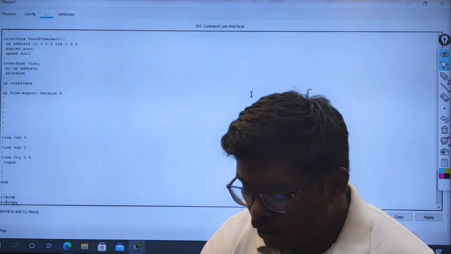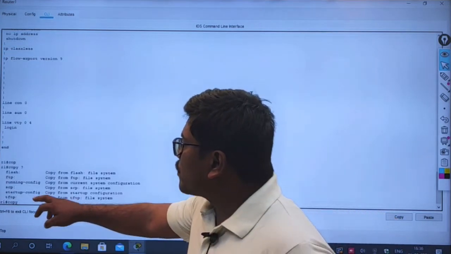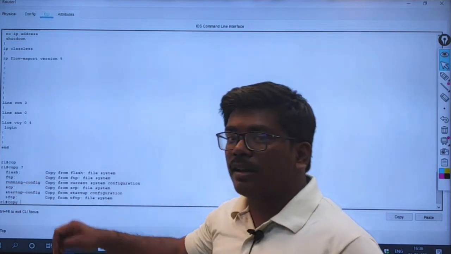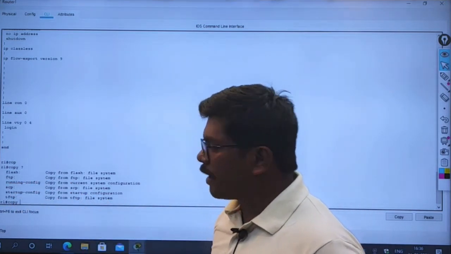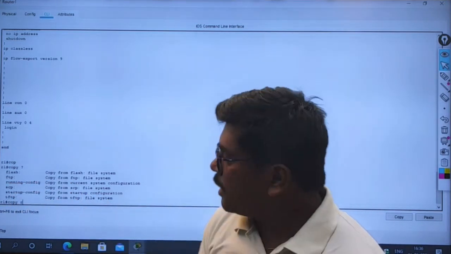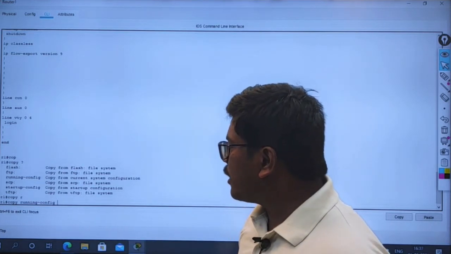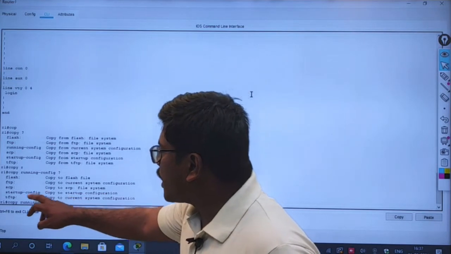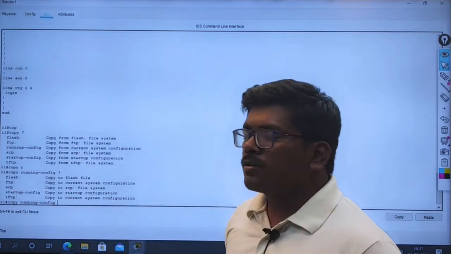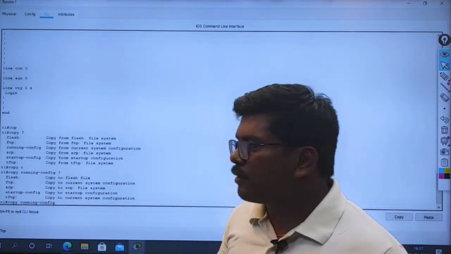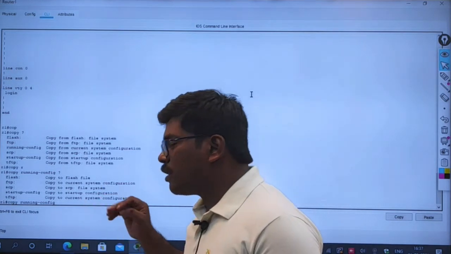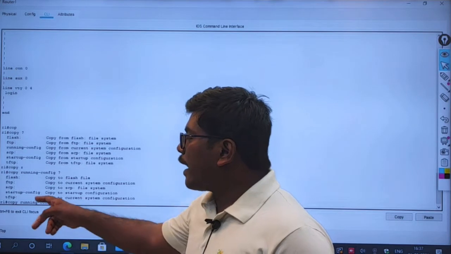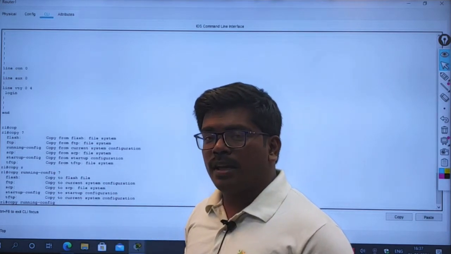And now what I want to take the backup first is, from which file I need to take the backup. I'm taking the running configuration file. You can take anything, right? But my configuration is running. So I have taken the running configuration file and I'm hitting a question mark again to check where I can copy. Here I don't have any TFTP server, or I can copy it to the startup configuration file, which is a permanent memory, or I can copy it to the TFTP server.